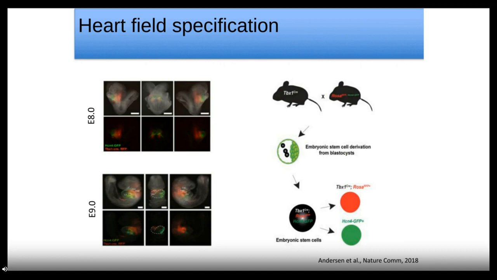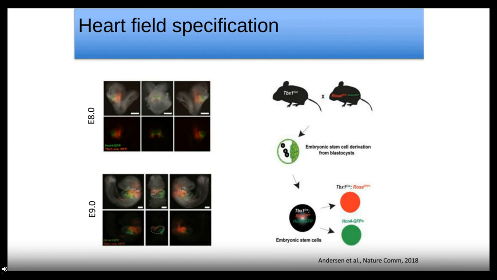I'm not going to show you all that for the sake of time of this presentation. I just want to show that we did identify two genes that literally mark the first and the second heart field, as you can see in these developing mice. So here we have developing mouse embryos at 8 days post-fertilization and 9 days post-fertilization. What we can see here is the first heart field is marked by GFP, which is driven by the gene HCN4. HCN4 is a gene that is solely expressed in the first heart field, whereas TBX1 is exclusively expressed in the second heart field and is driving expression of